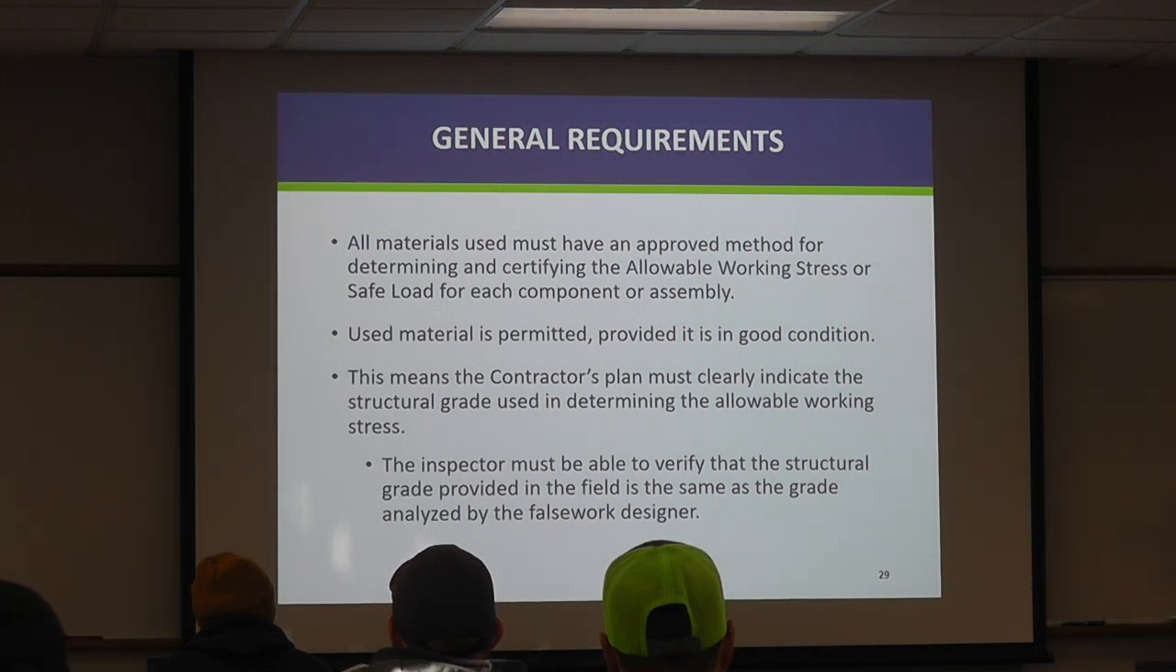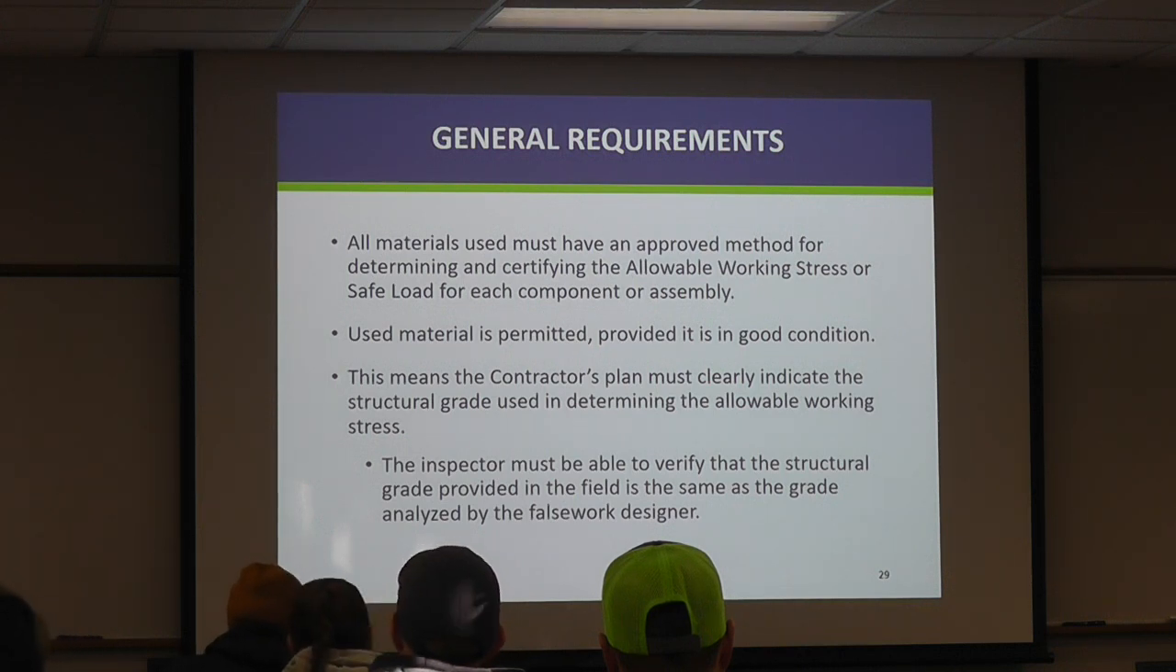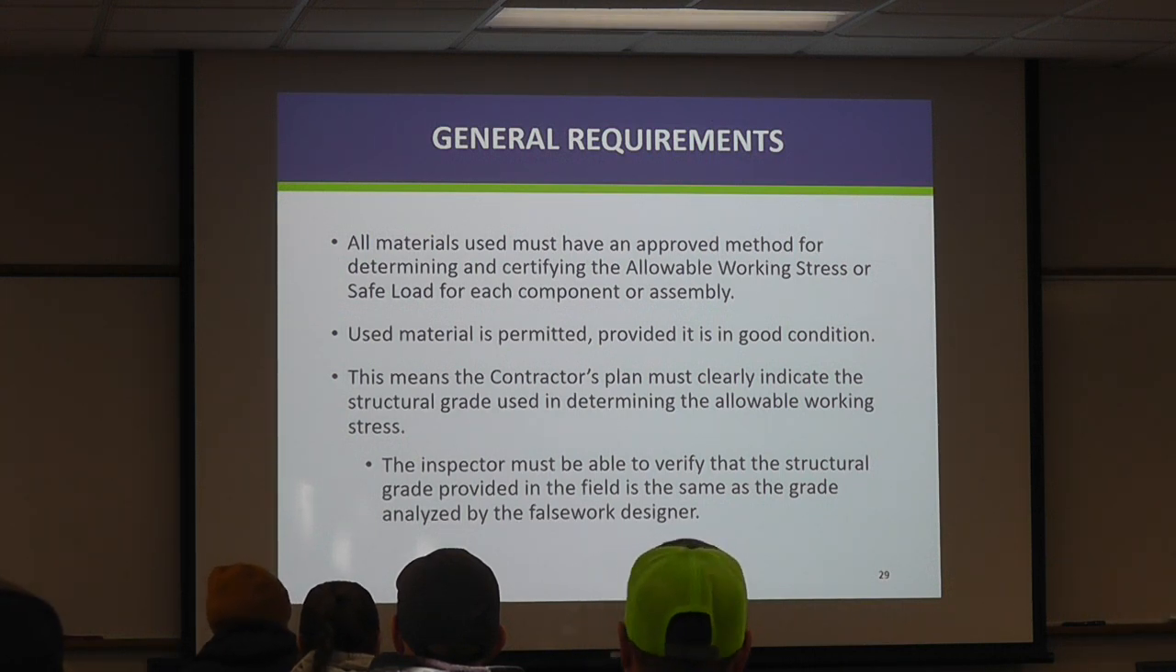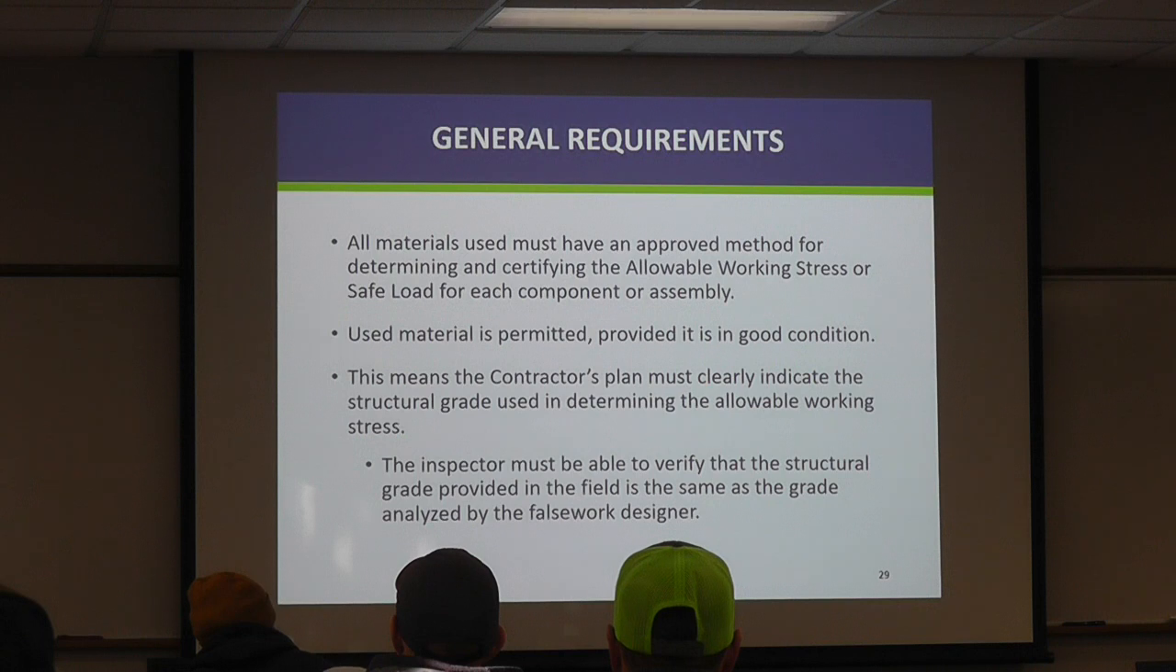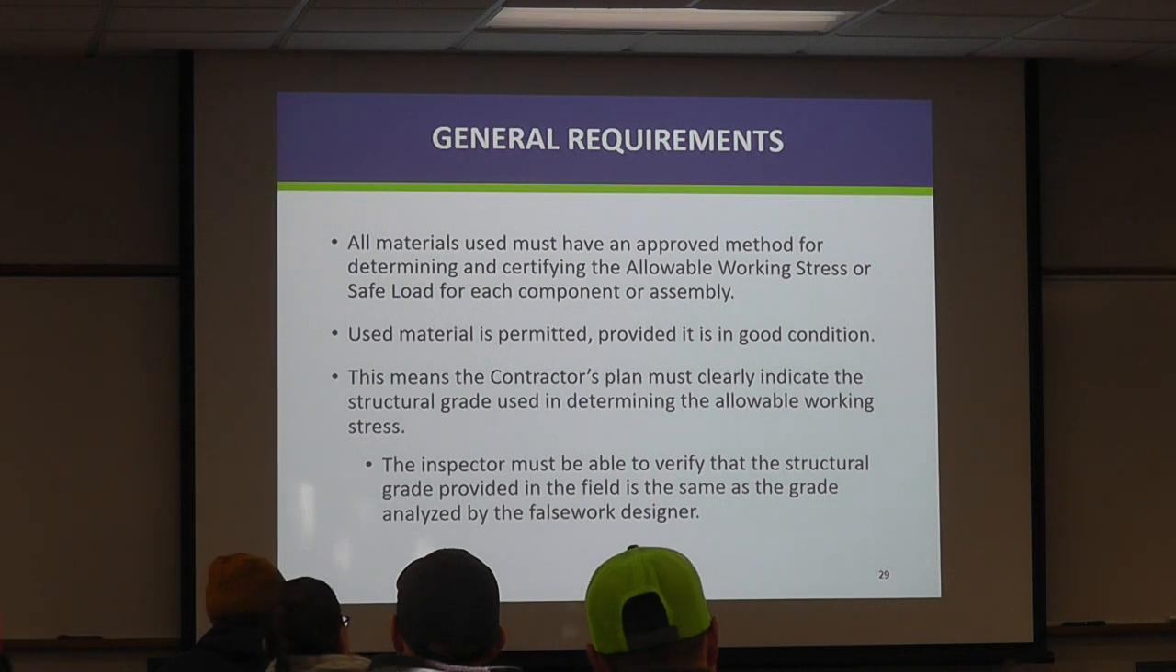The contractor's plan has to clearly indicate what is the structural grade used. And this comes into play for structural steel. The two main grades we have are 36 and 50. That means KSI, kips per square inch. 36 KSI is weaker than 50 KSI. And so we need to be able to verify if they call out 50 KSI material, is that indeed what we have? If not, they'd have to take a test,